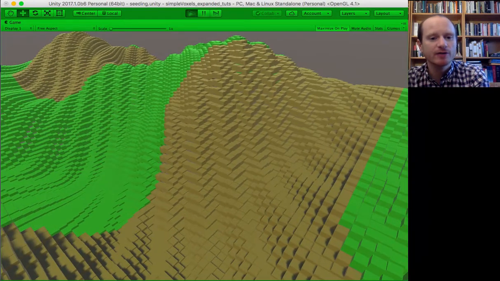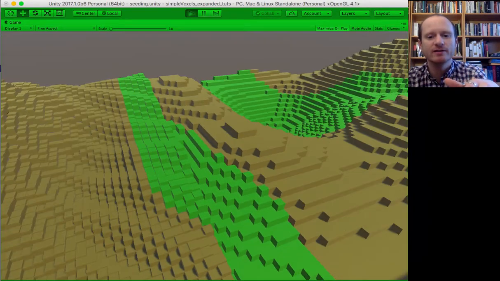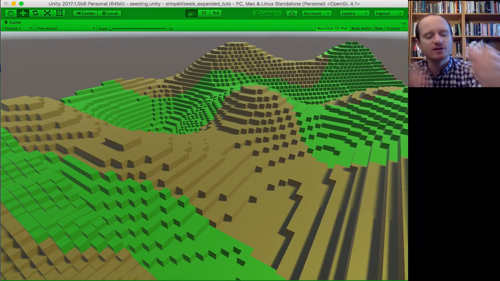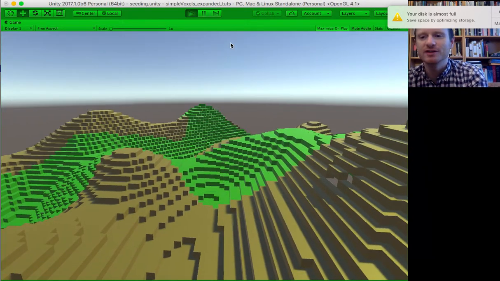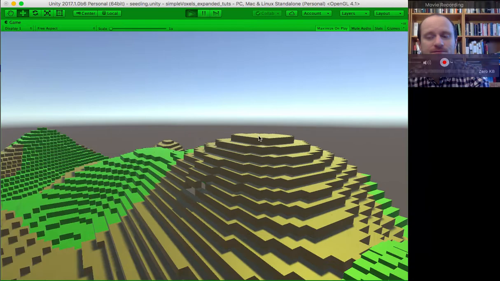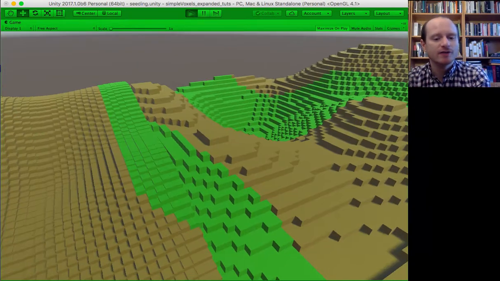Anyway, I'll show you how I've done that in a second, but also just to illustrate this seed number and how it shifts along the Perlin noise, if I press E, then it's just going to shift it. Oh, my disk is almost full. I better stop this video very soon. I'll just close that down. Right, if I press E,